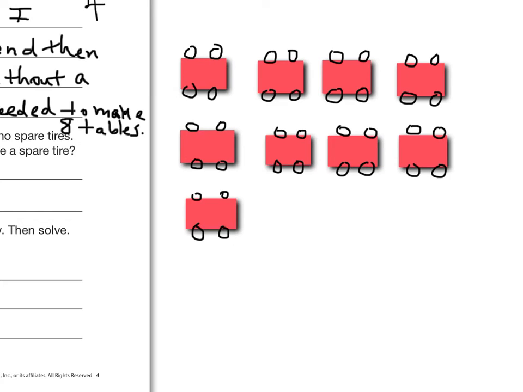Now what I've drawn, I've drawn the 9 cars. I'll write that down as we go. I have 9 cars, and each car we know has 4 tires. All right? So 9 times 4 is going to be 36. But the problem says that we have 42. I'm sorry, not 42. 43. Oh, let's go ahead and erase that. We have